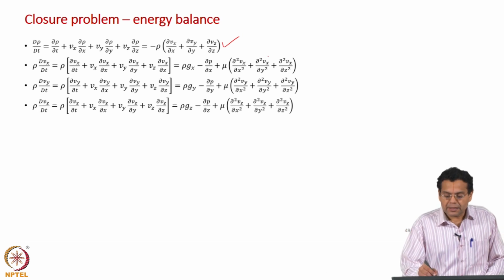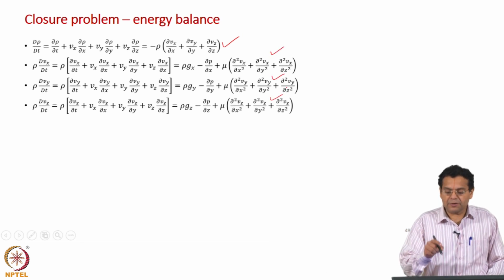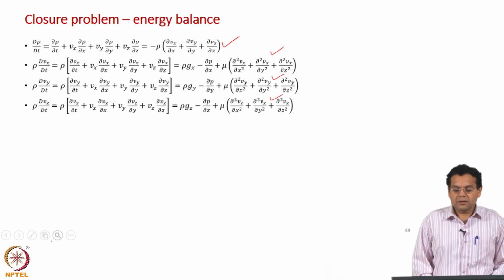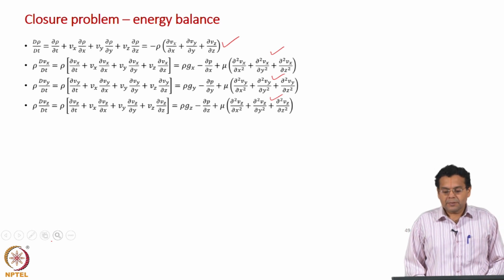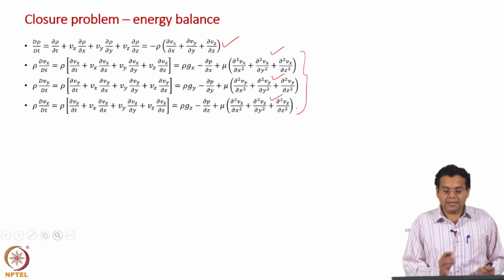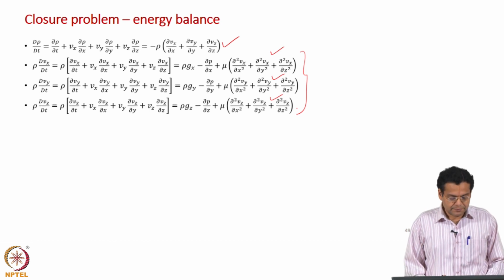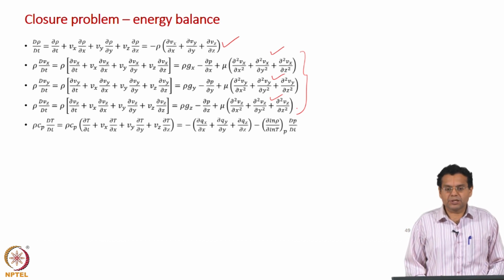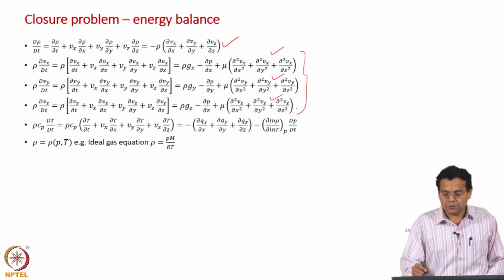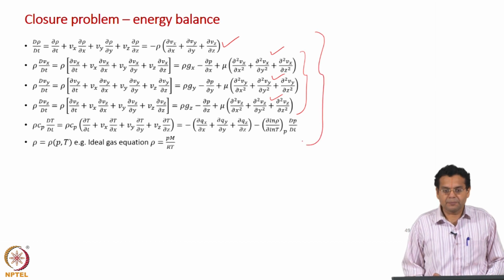Number 2, the right hand side, I have already substituted for the viscous stresses or the molecular momentum flux using Newton's law of viscosity, and so what is shown here is the Navier-Stokes equation, not the linear momentum balance equation. And that is the energy balance equation which we derived just now in terms of temperature. We also require an equation of state expressing rho in terms of pressure and temperature. So, these are all the equations which we have now.